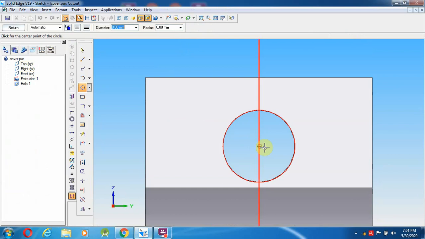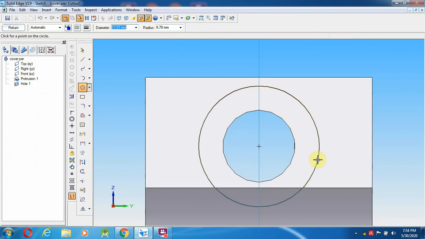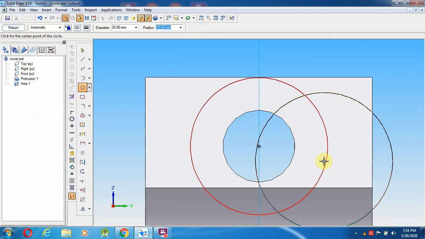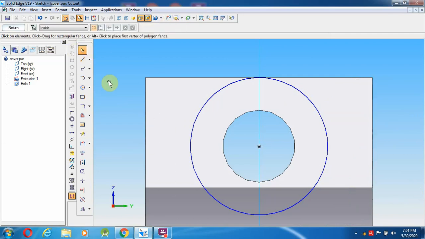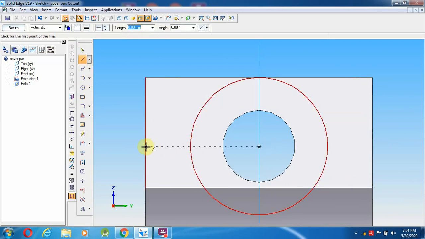From here, the diameter is 20 mm, enter. After giving the diameter as 20 mm, go over here, select a line exactly in the middle, and from the middle connect tangentially.